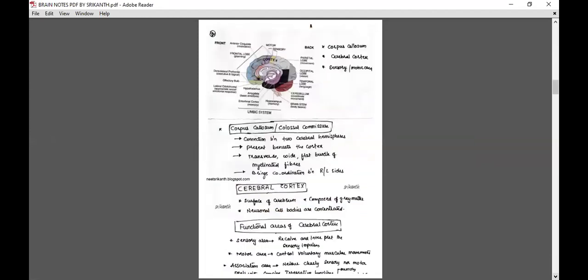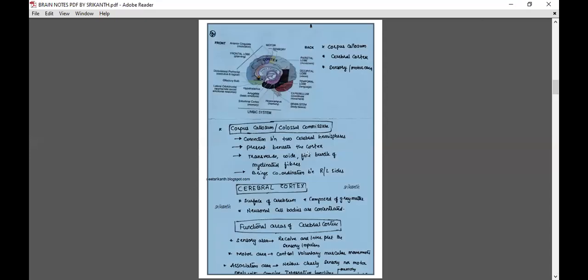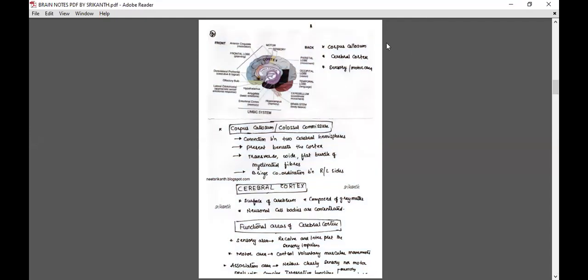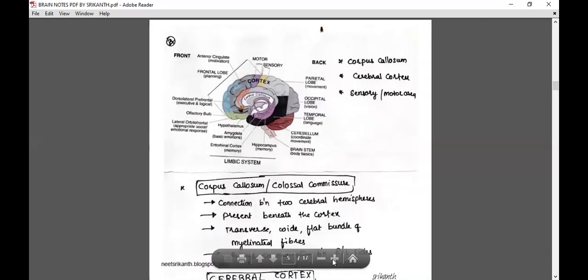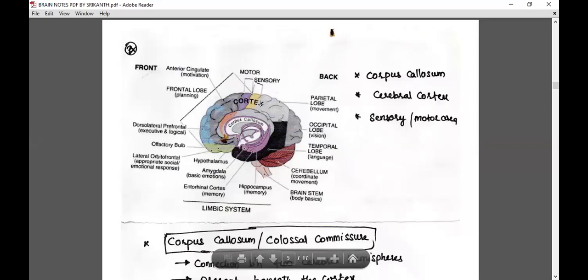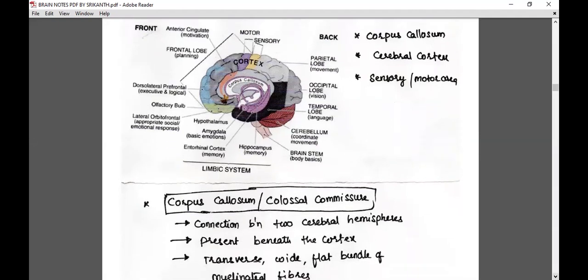So let us use that connection between the two cerebral hemispheres. Whom are we talking about? The corpus callosum. You see this cortex. Cortex is the gray matter, we say. So when we say it is gray matter, we can say with our learned knowledge that it contains cyton, dendrites, and unmyelinated axons. The appearance of the gray color is due to the presence of Nissl bodies.